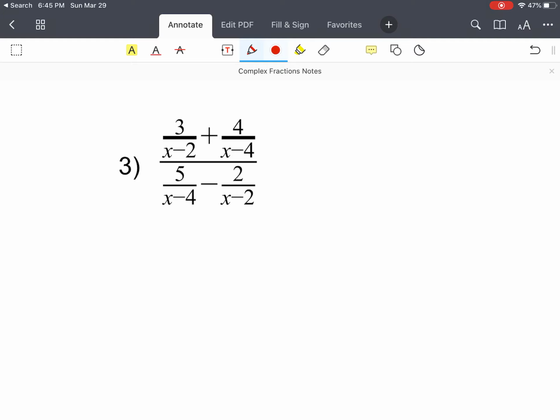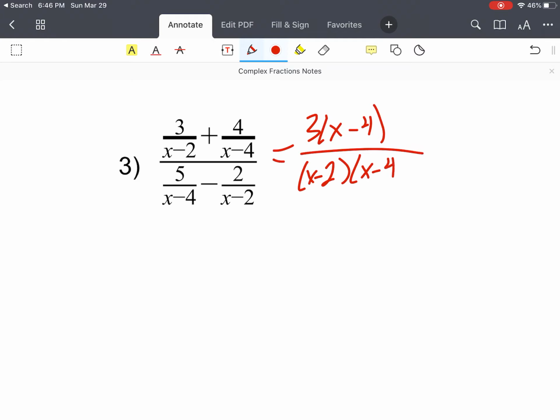All right, it looks like the common denominator on top and on bottom, both, is going to be the same, and it's going to be x minus 2 times x minus 4. Okay, so let's go ahead and create those common denominators. So this is equal to 3 times x minus 4. Let's try that again. x minus 4